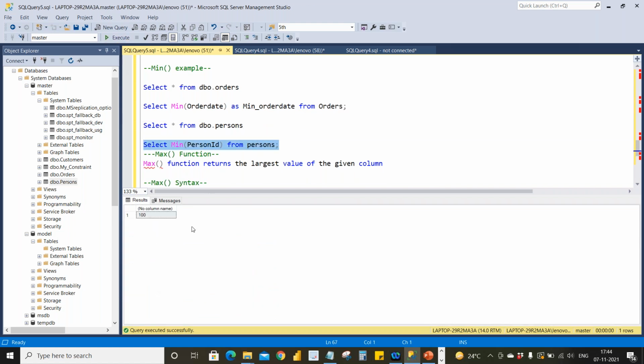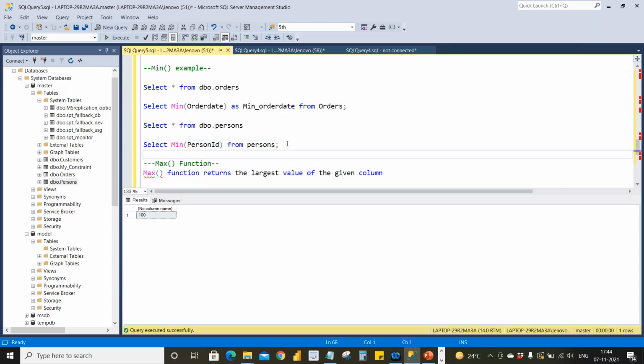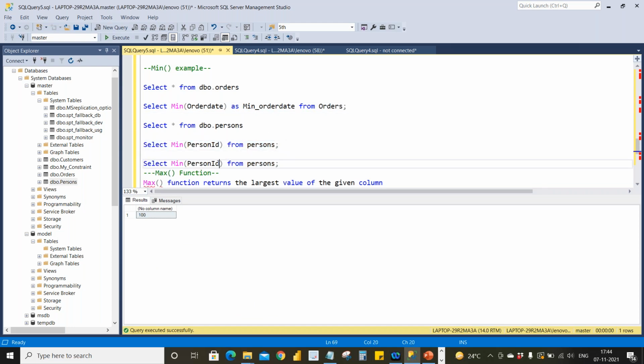It's 100. The same way, we can get for the address. See, we have an empty value, that's why it's giving the minimum value as empty value.